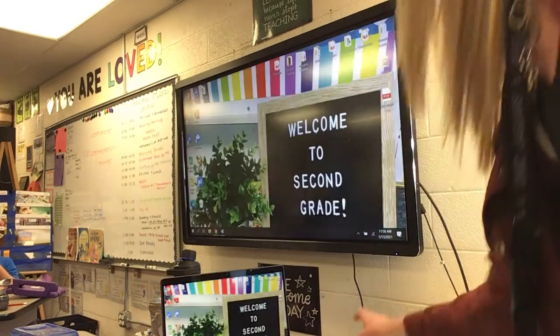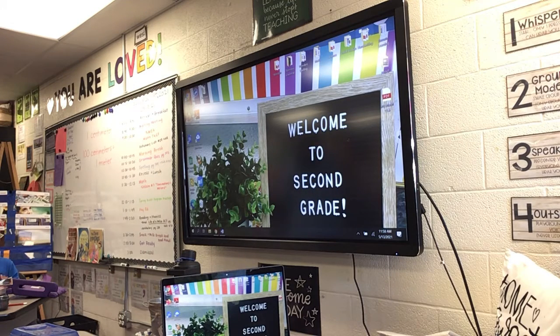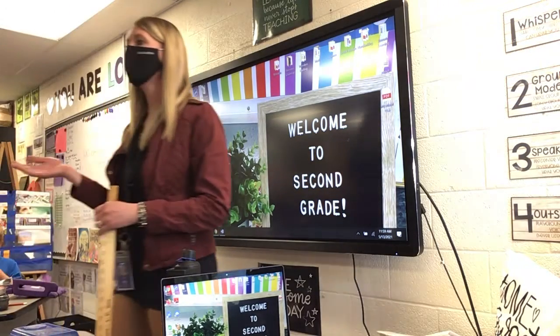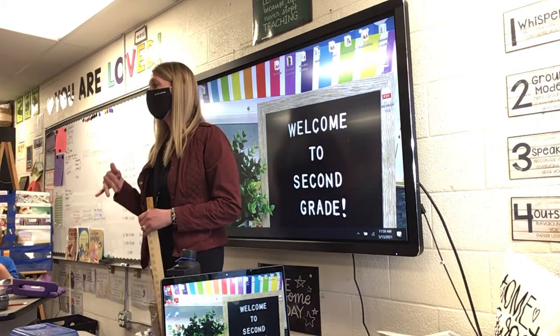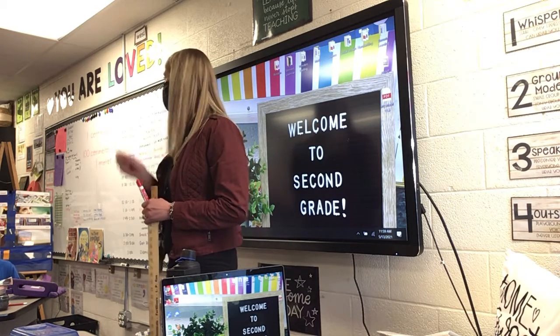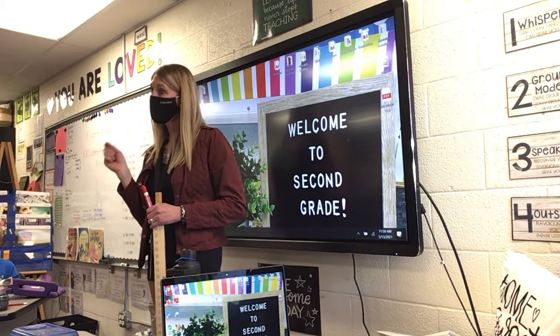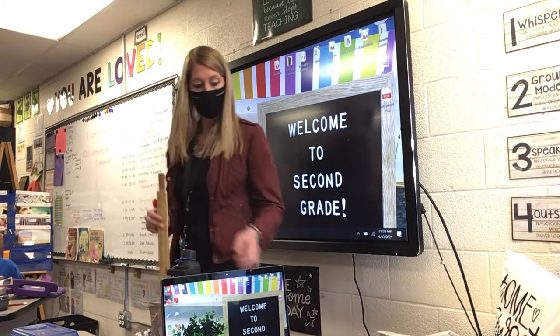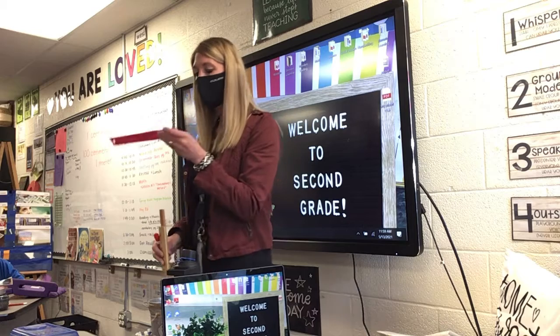They talked about when you're measuring, you can also measure not only the length of something, but you can measure weight, and that's why they were talking about grams. And then you can also measure liquid, and that's called the capacity, and that would be like liters. So they talked about the millimeter, which is actually smaller than a centimeter, and that's like a grain of sand. If you look right now on your ruler,